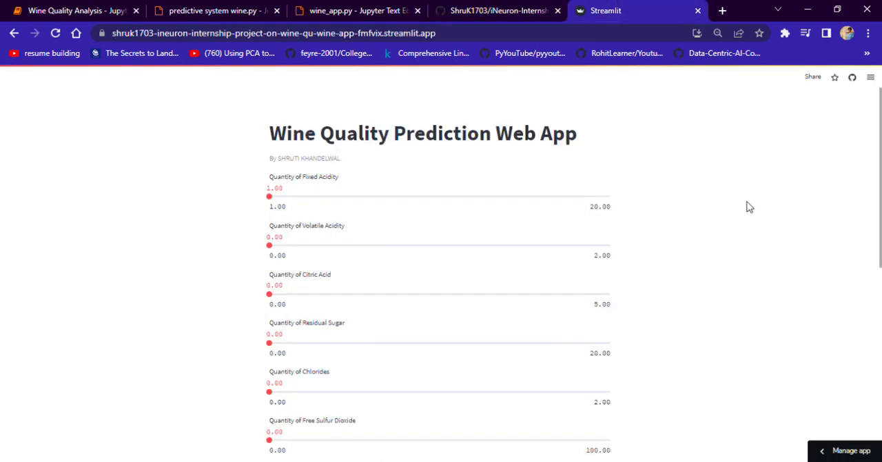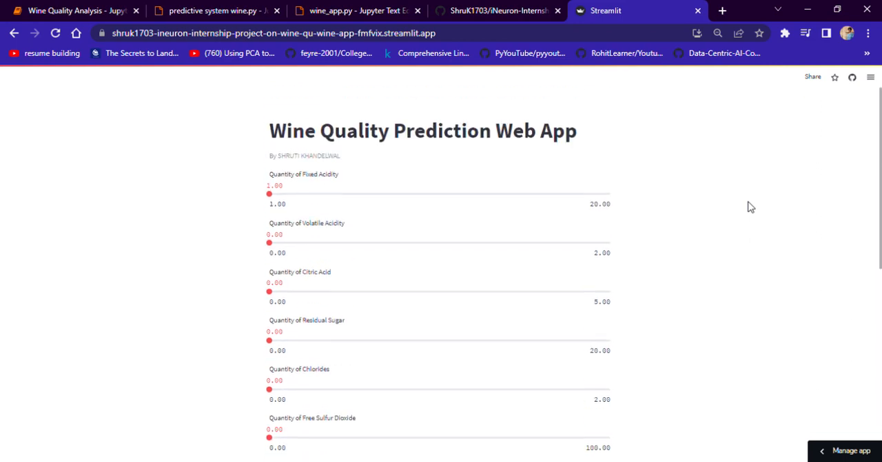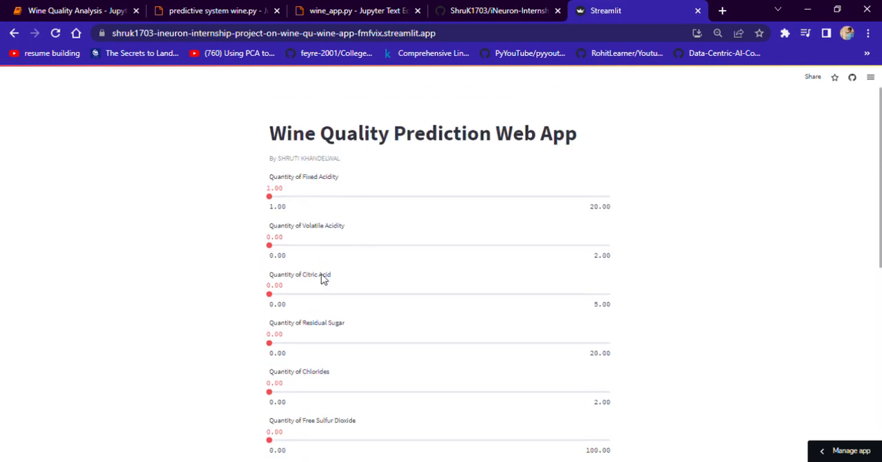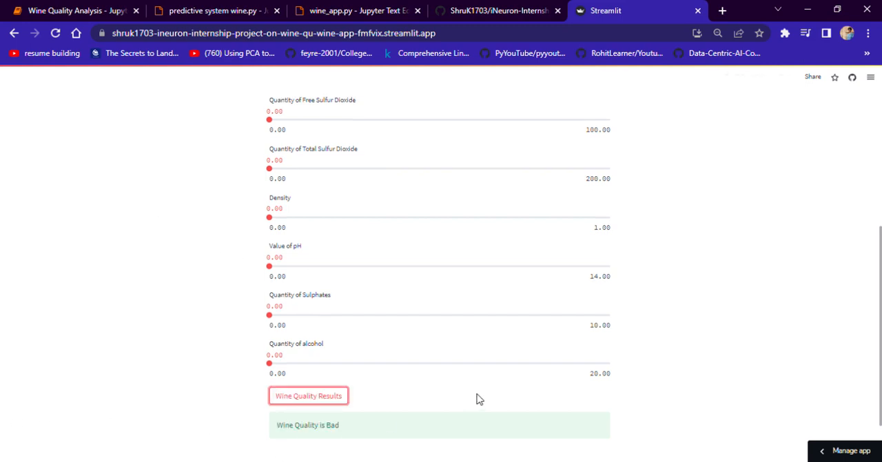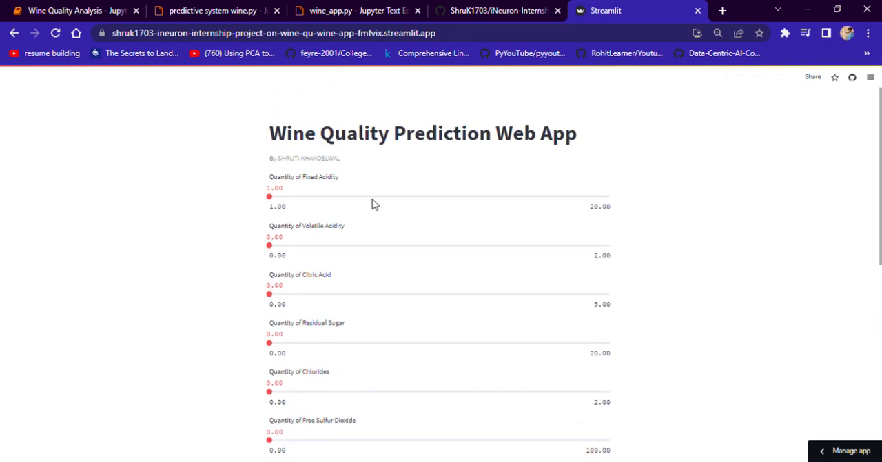Here it is. So this is my wine quality prediction web app. Here we can see that all the quantities are 0. So obviously it is going to be a bad wine, because our input is almost 0. So here we can see that the wine quality is bad. If we try to get some input here, then we can see that,